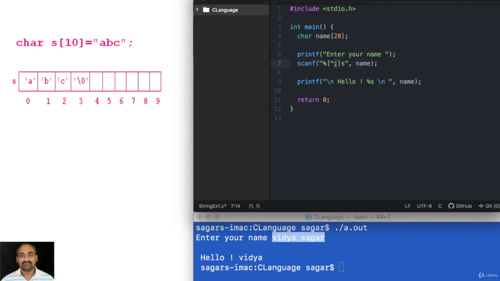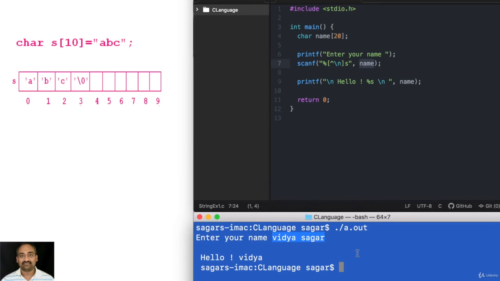When you put a semicolon or some other character, it means read the string until this character is encountered. When I say semicolon, I have to manually type a semicolon to terminate the read operation. Now I'll just put \n here so that when I press the enter key, it automatically ends the scanf, and this value is read into name.